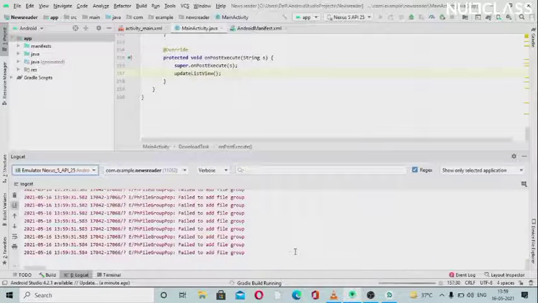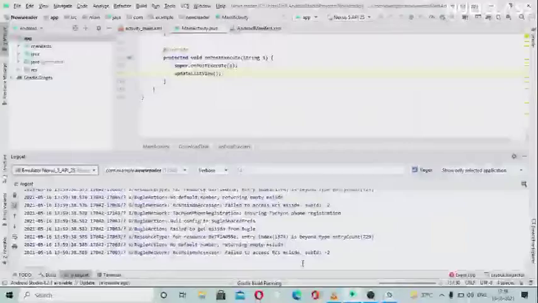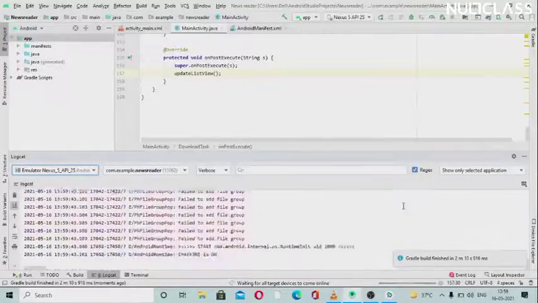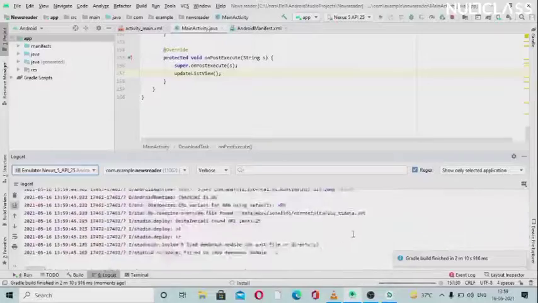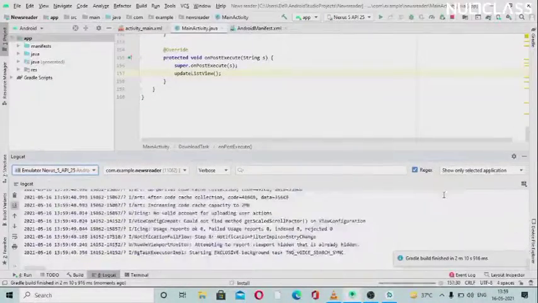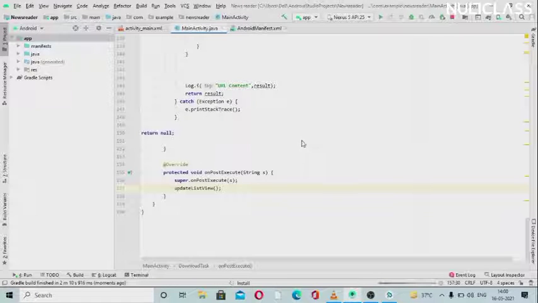This is still running. This will take a little bit of time. So till then, let's just add a new activity here. So this will take time. We'll wait for it. Now we need to add a new activity here so that we can see it. So we'll go to File to create a new activity.